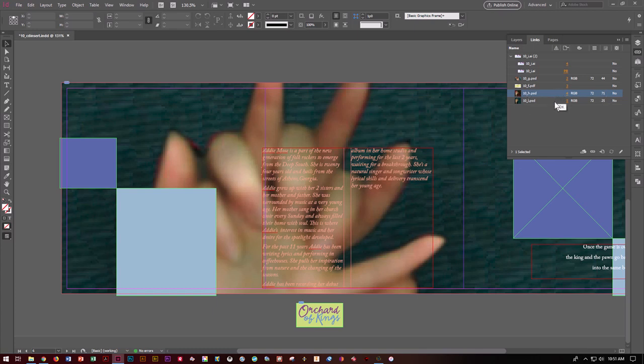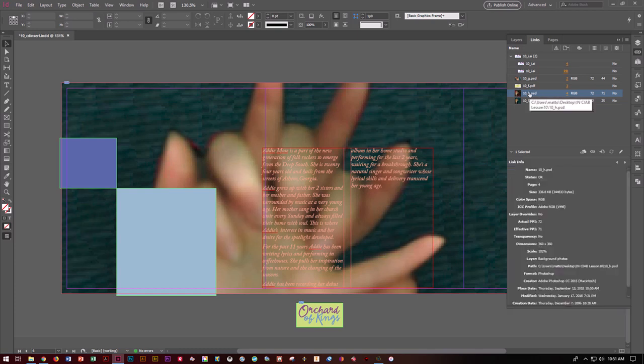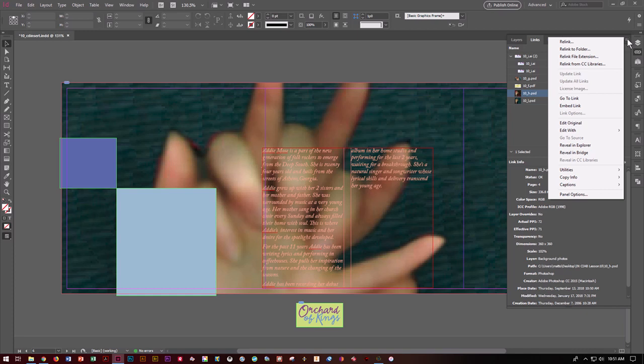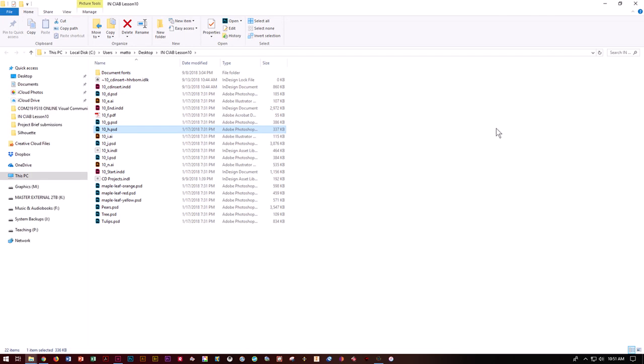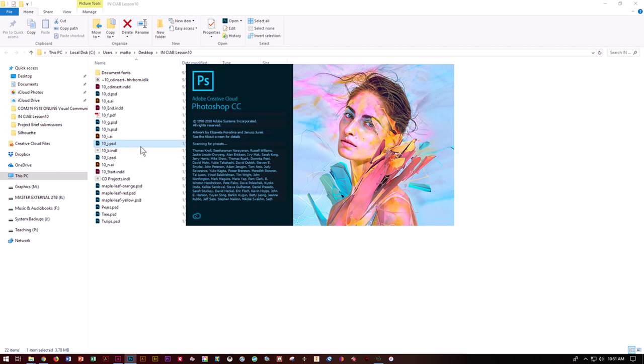And let's go ahead and double click it and see what we can see about it. Let's go to Bridge, or go to Explorer, and let's go to 10J, and we can double click it and it will automatically open that in Photoshop for us. Any changes that we make in Photoshop to the document will automatically be known to